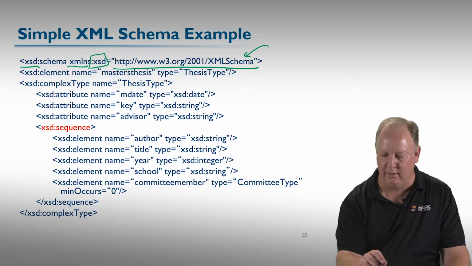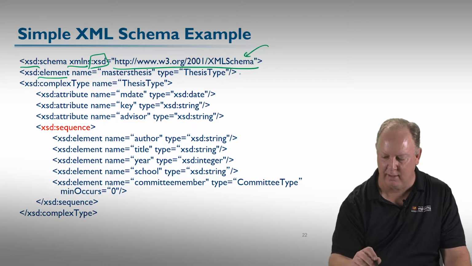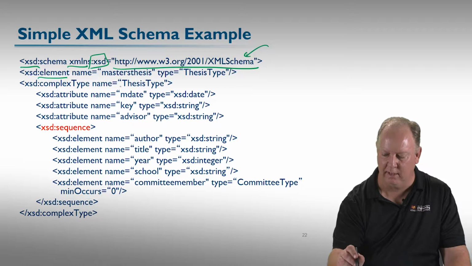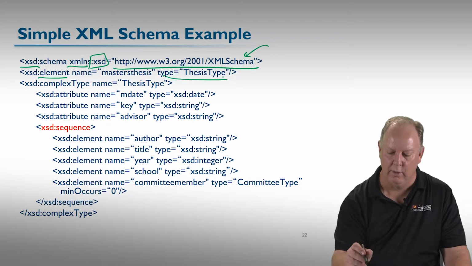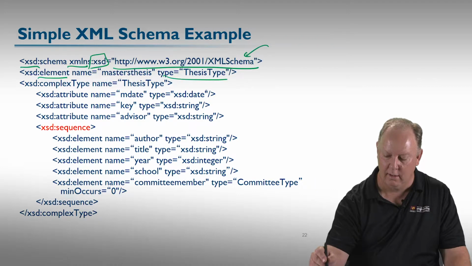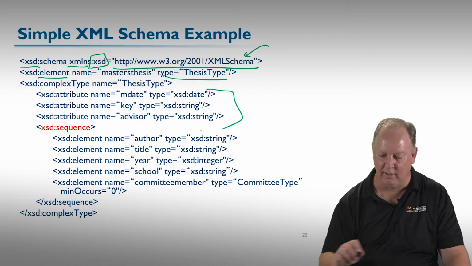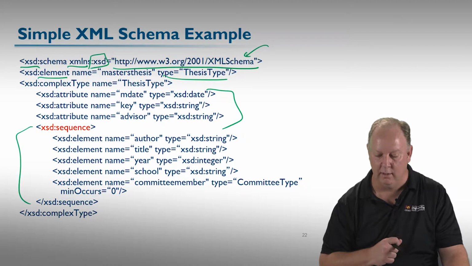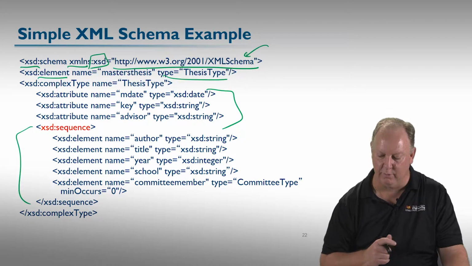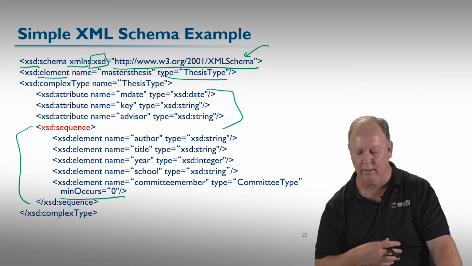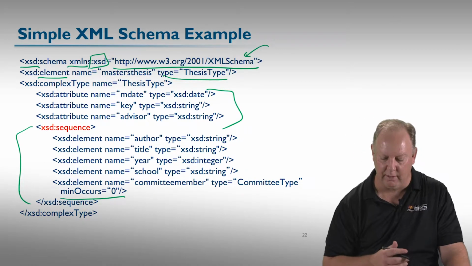XML schema had things in it like declaration of elements. There's an element that's defined in that XML schema document, and its descriptor attributes, the name of the element and what type it was. So there's a type field, adding more type metadata. We could have a complex type, complex meaning had structure to it, multiple things inside it, multiple different attributes in here for a thesis type, and then a sequence, right? Now we can control the ordering of our subtrees underneath our thesis type, if you will, to appear in different ways and even indicate in a more human readable format what the different number of occurrences could be.